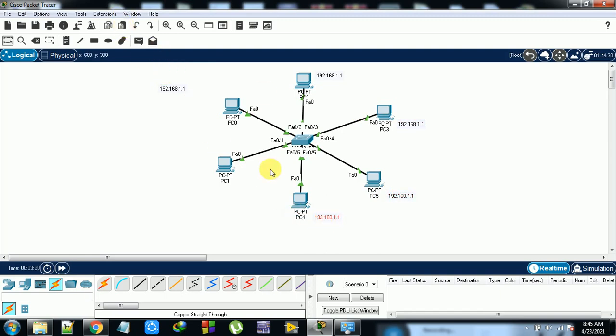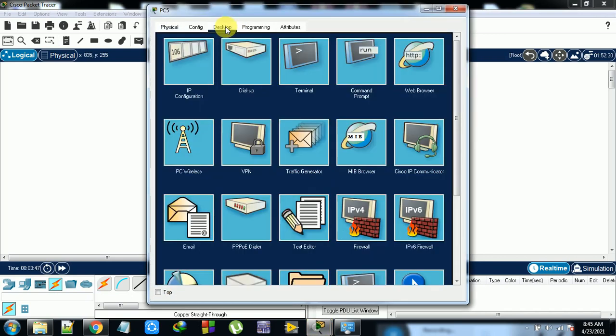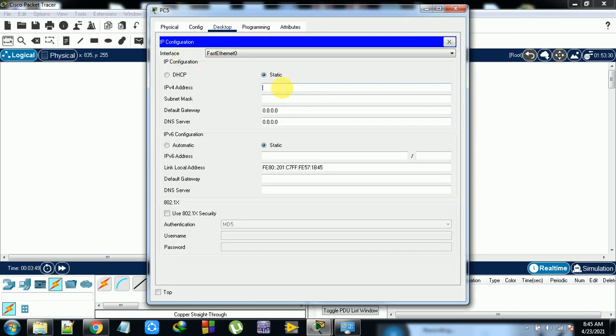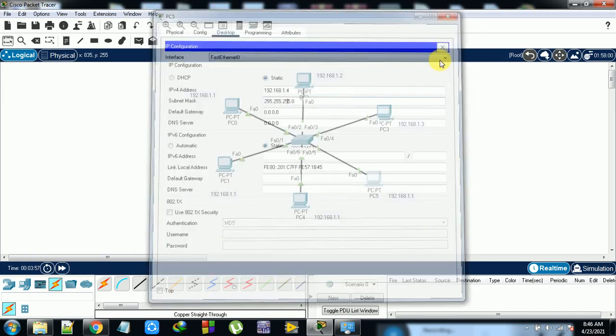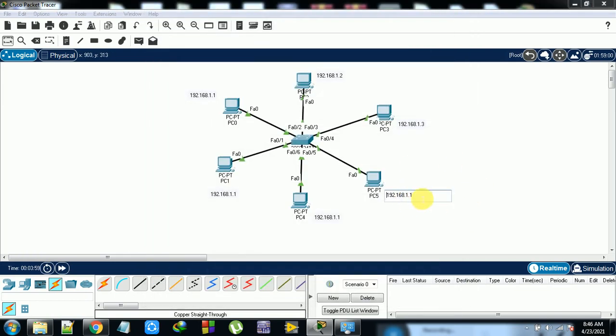Next, like this I am configuring all the devices with different IP addresses. This is 2, this one is 3. Inside also I need to change the IP address to 192.168.1.4. The subnet mask is the same. So this is 4.